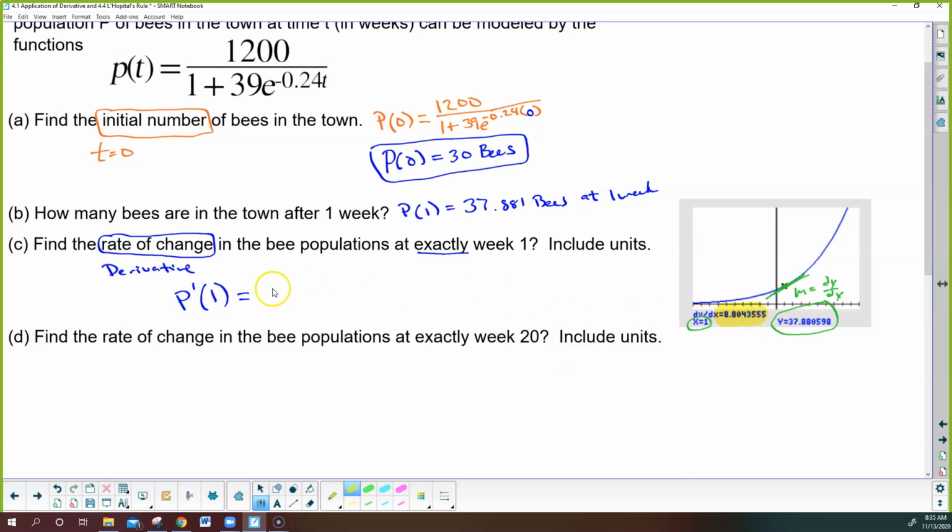There is my derivative. So I'm going to write that a little bigger. We've got 8.804355, and you could round that to 3 decimals if you wanted. But what does that mean in the context of this problem? We just found the rate of change of the bee population. So we have the bee population